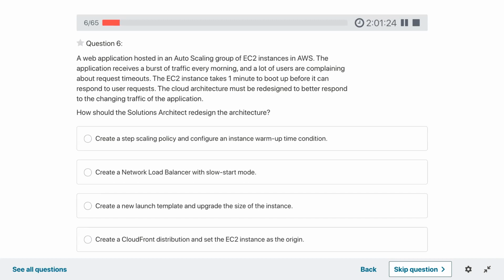So a web application, there is a burst, and when the burst comes, a lot of users complain about request timeout.